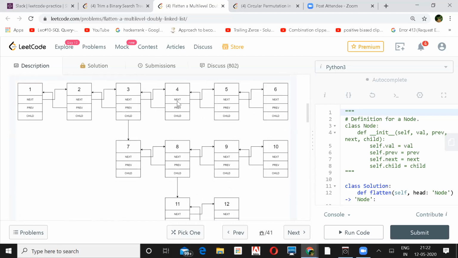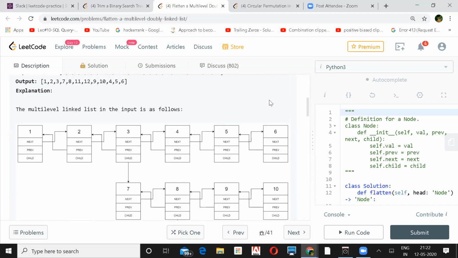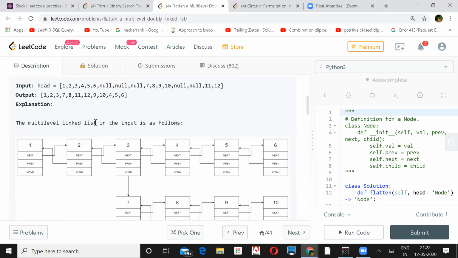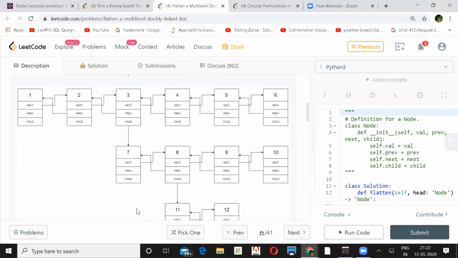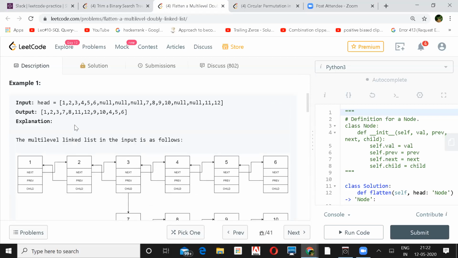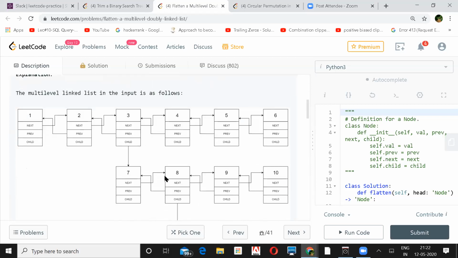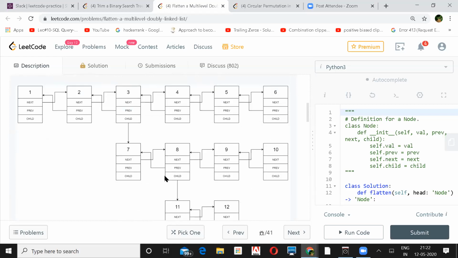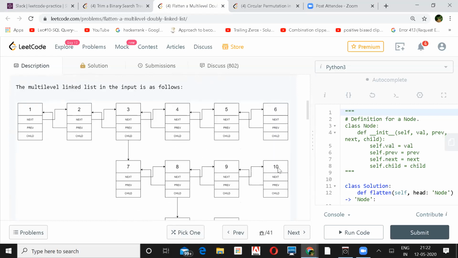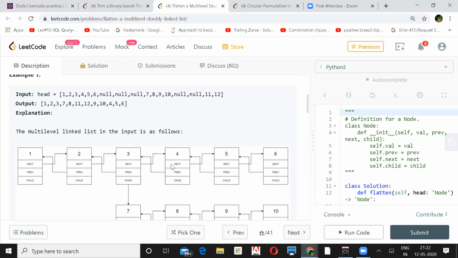Then 4, 5, and then 6. So 1, 2, 3, 7, 8, 11, and then 12. And after this 9 and 10, and then 4, 5, 6.